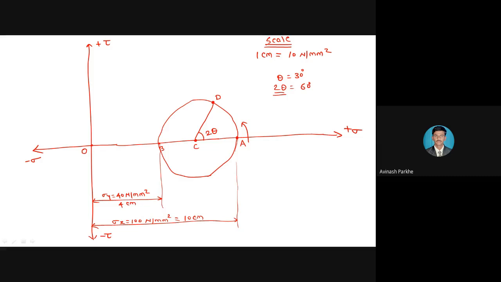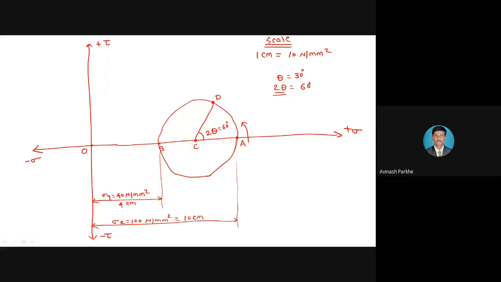So on the figure I have represented, by taking the center point C, the 2 theta, means 60 degree angle, in anti-clockwise direction. And that angle will come in contact with the circle point, and that point will be represented as point D. Take the 2 theta angle 60 degree. By selecting the center point C, it is represented in the anti-clockwise direction. So you will get one point on that particular circle as a point D. So 2 theta angle is equal to 60 degree.